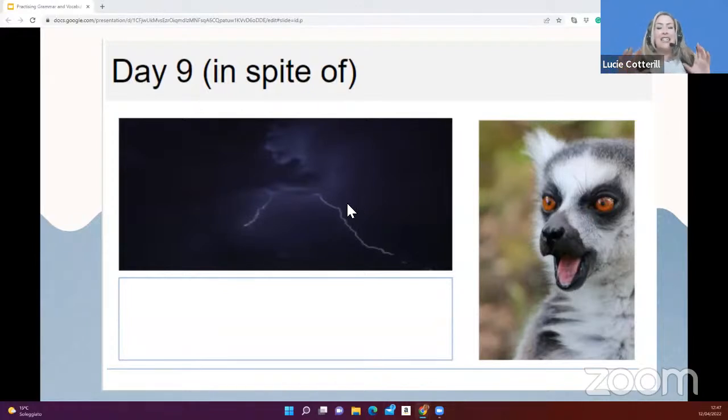Now, this is the interesting part about writing a story as a whole class. You need to look back at the days before. So, for example, if you're doing day 9, you need to look back at day 8, day 7, day 6 to see what those groups are writing and to understand if what you're writing fits in coherently to the story. So you may have to write something, then look back at the previous days, edit it, look at the next day, edit it again.